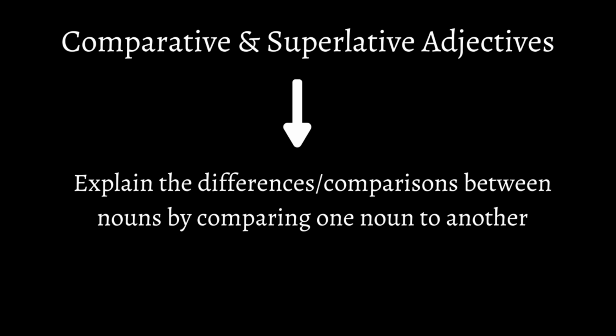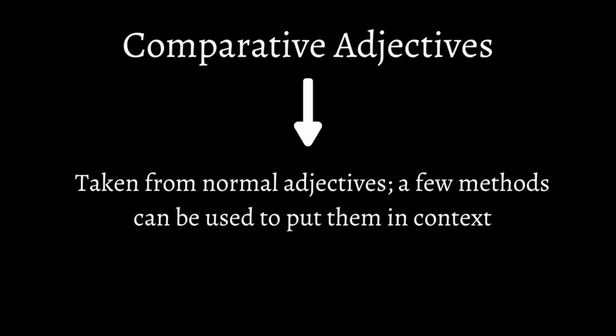So in this video, I would like to explain comparative and superlative adjectives in Russian. Comparative and superlative adjectives explain the differences or comparisons between nouns by comparing one noun to a different noun. First, there are comparative adjectives that are simply taken from normal adjectives, and a few easy methods can be used